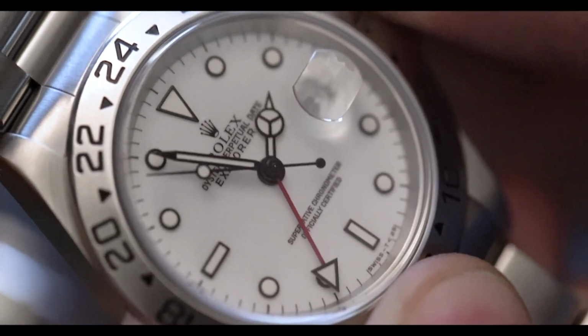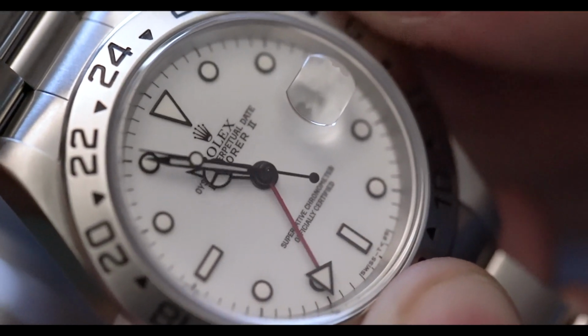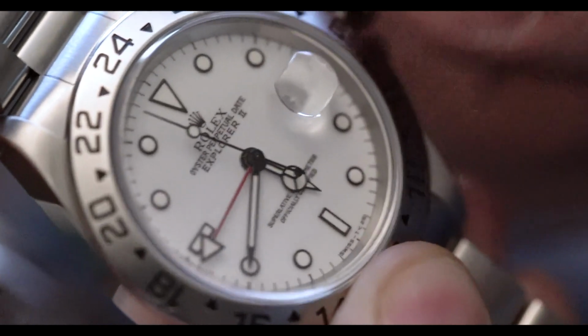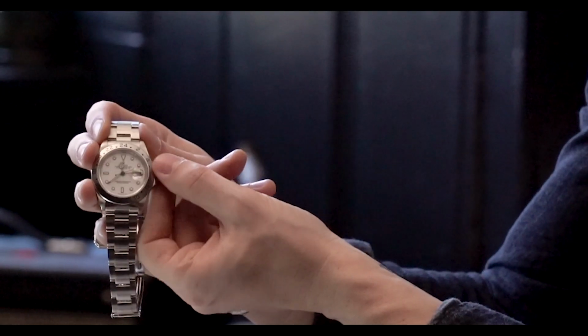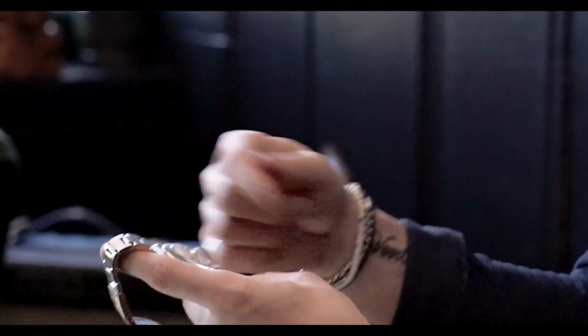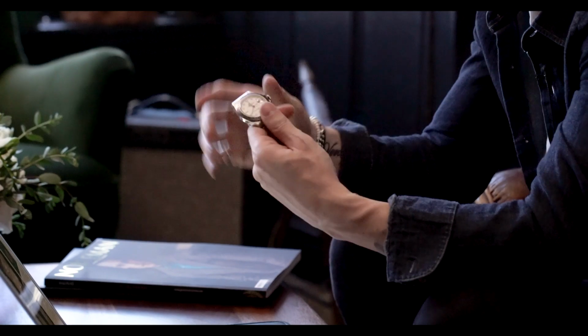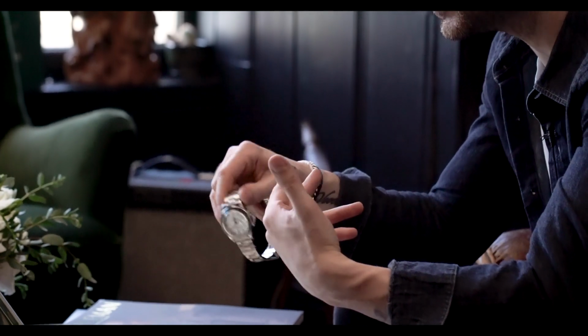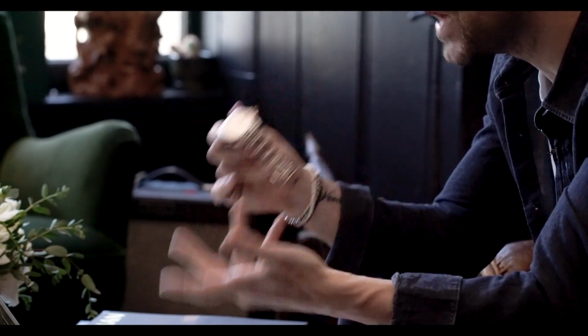And what's also really interesting is the earlier movement. If you jump this hour hand, you can actually see the GMT hand wiggle. That's something I'll use to quickly pick up a watch. I'll jump the hour hand around, and if it wiggles, I know that it has a 3185. The reason that is significant in this watch, and the reason I think it offers value from a horological perspective, right, is that